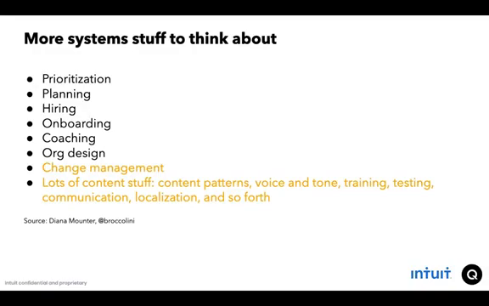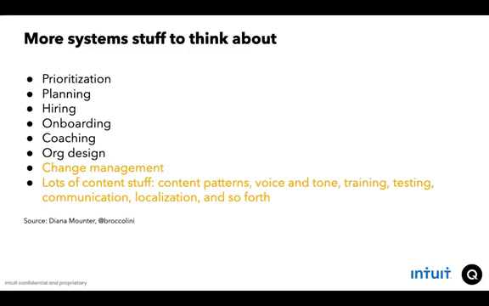More system stuff to think about. She also lists these: when you're actually doing a design system, all of a sudden you have an internal product for the people creating your experiences. And so you have to manage that as an internal product and deal with prioritization, planning, hiring, onboarding, coaching, org design. But there are these other things that are really core to what content thinks about: change management, and tons of